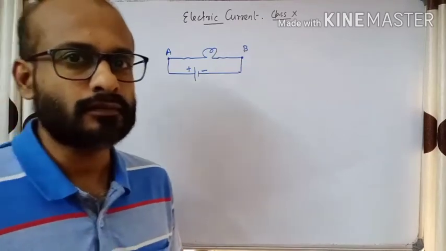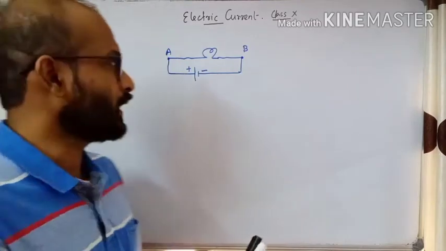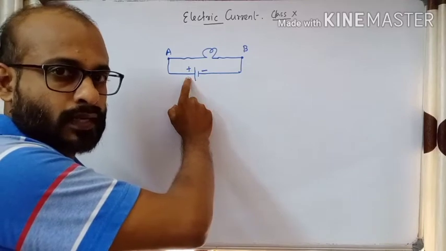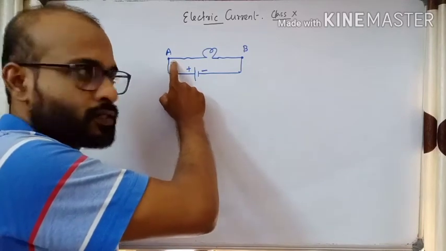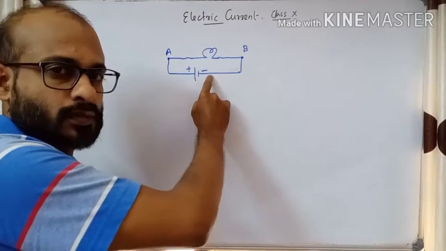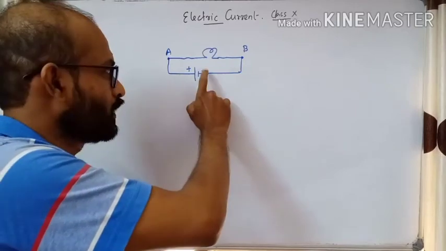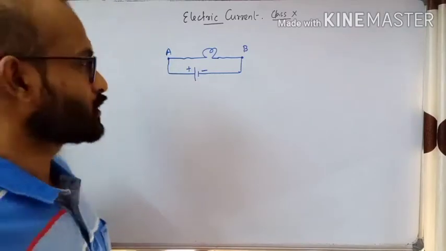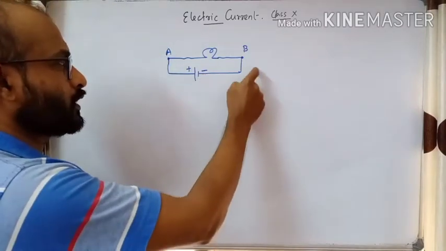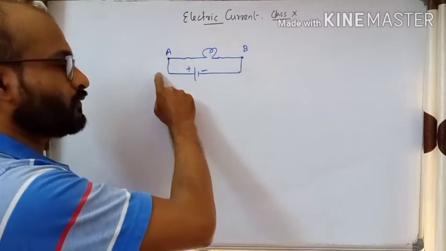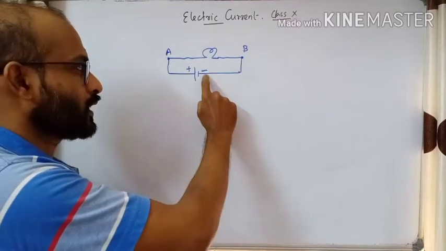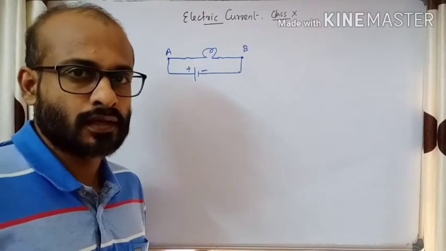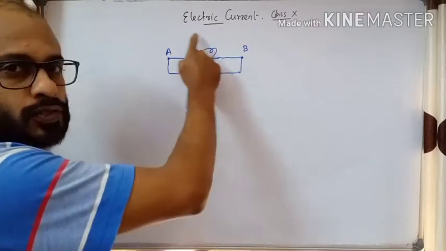What we can say is at the end A there is high potential energy. We will call this potential. End A is at high potential energy, end B is at low potential energy. Positive charge is having high potential energy, negative charge having low potential energy. What will happen? Electrons will start to flow from the negative terminal to the positive terminal. Actually electrons are flowing from negative to positive, but according to our convention, the current is from positive to negative.